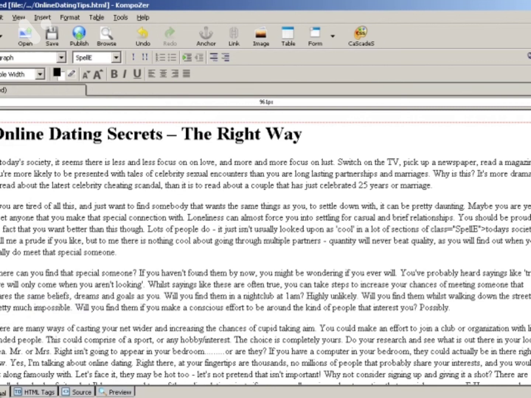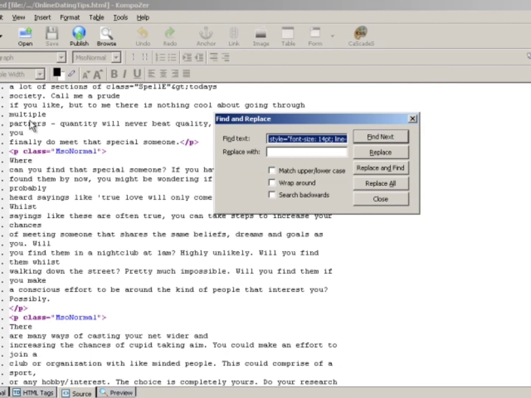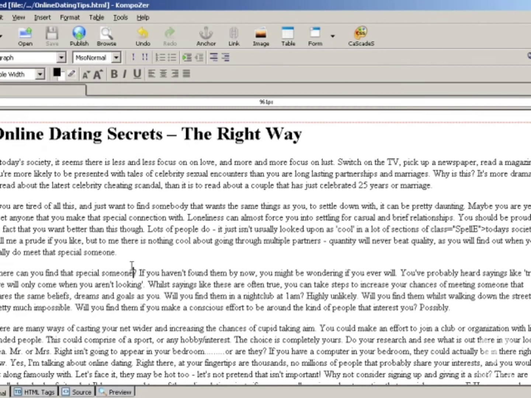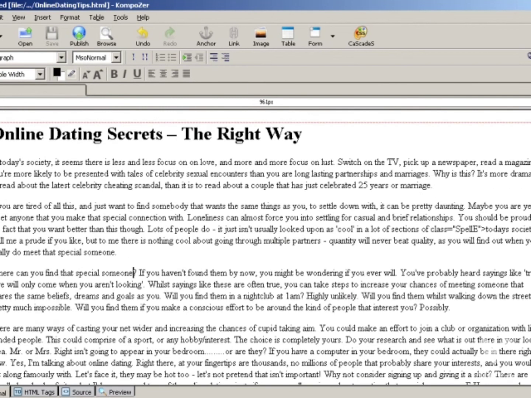So as you can see here, I pretty much removed all of the text, I cleaned it out by just taking one line and then editing, find and replace, putting the code in here and replacing with nothingness. And then as you can see, we have clean code. There you go.